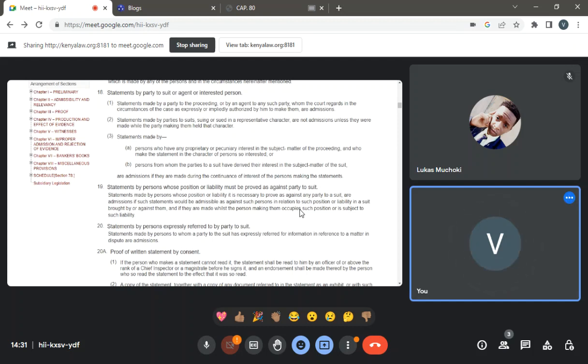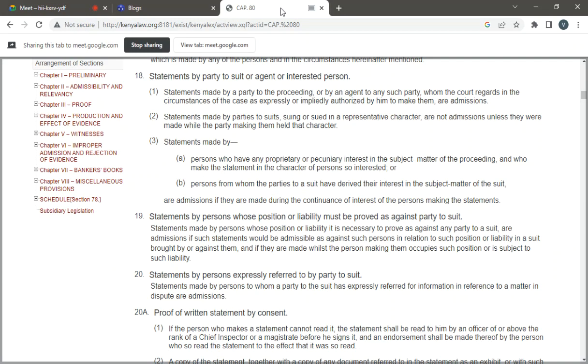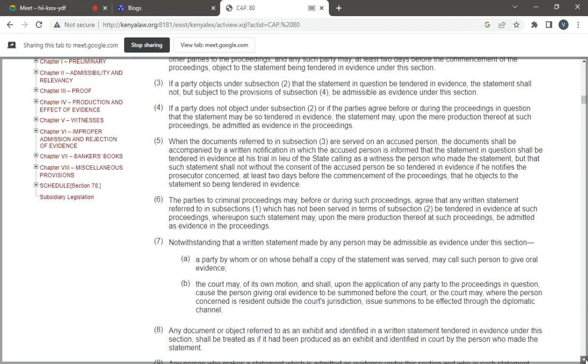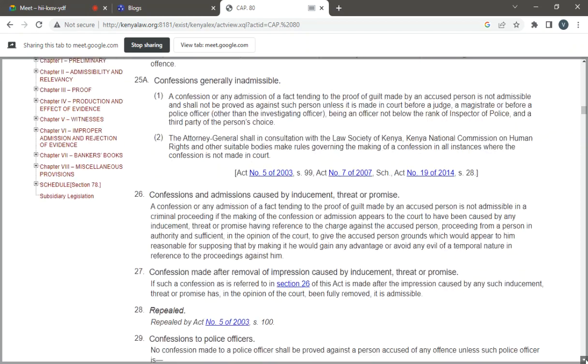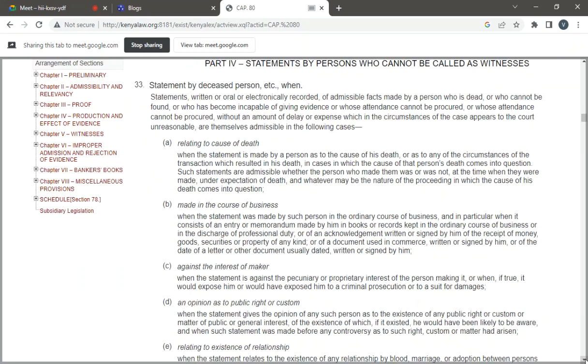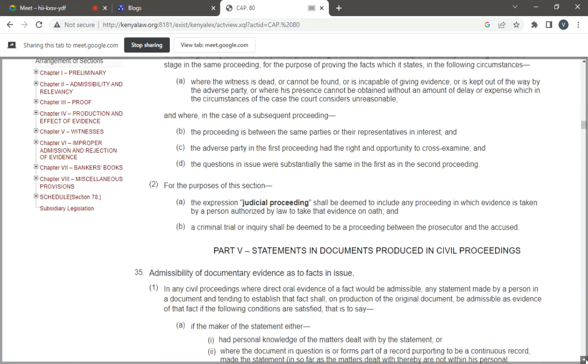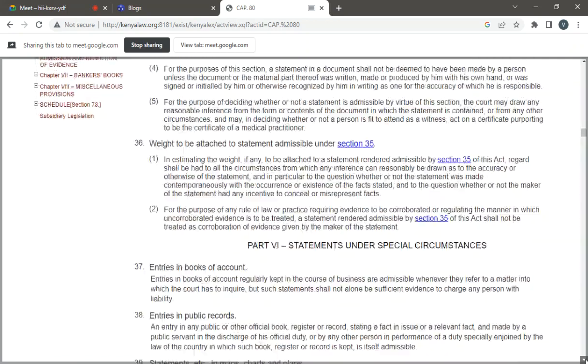So if you look at section 63, ndio anasema it draws now the essential requirement of direct evidence as admissible in courts. Na ukiangalia hiyo section 63, ndio acha ni project tuisome. Hiyo ndo starting ground ya when it comes to definitions of hearsay na why hearsay is not accepted before the courts of Kenya. So if you look at section 63,